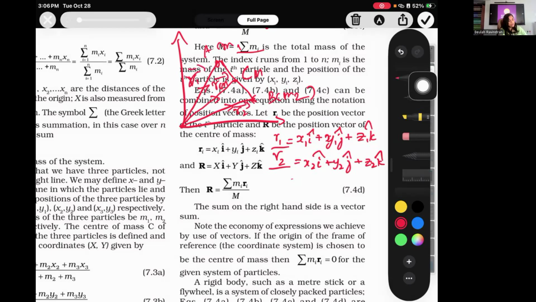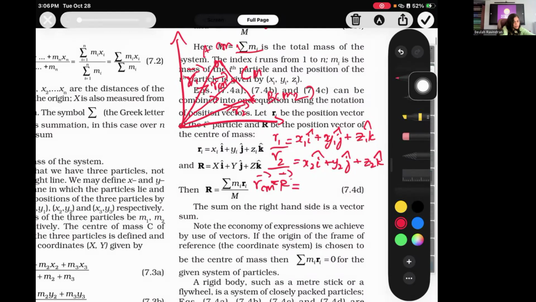Then R1 and R2, how will the resultant be? RCM we can take, or capital R. So how will it be? You have to add these two vectors. R1 vector plus R2 vector. So if you add, then you can add the individual (x1 plus x2) i cap plus (y1 plus y2) j cap